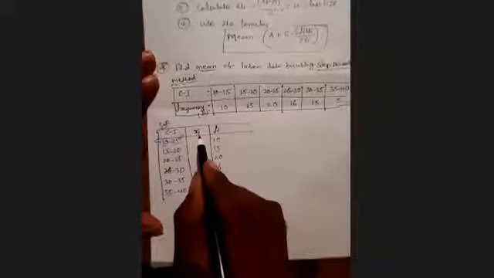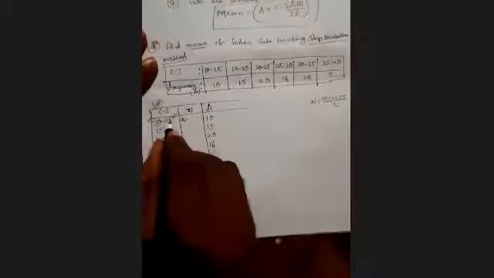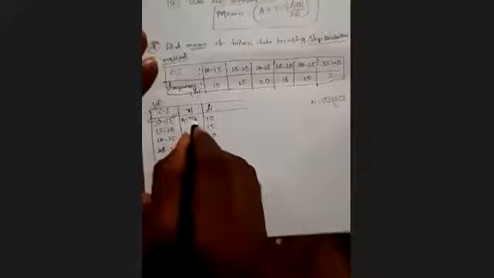Now how you will find xi? That xi, the variate, is nothing but upper class limit plus lower class limit by 2. This is the formula. That means we should add 10 and 15 and divide by 2. For first class interval I am finding the xi value. For first one it will be x1. x1 is equal to 10 plus 15 by 2.